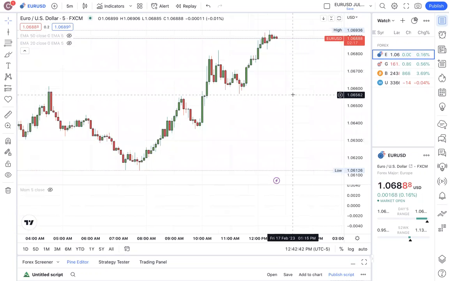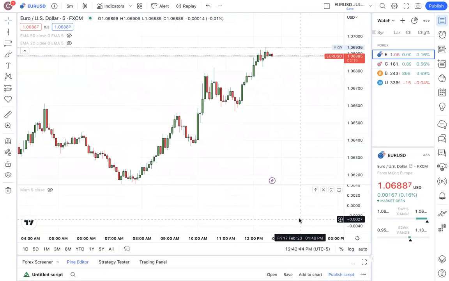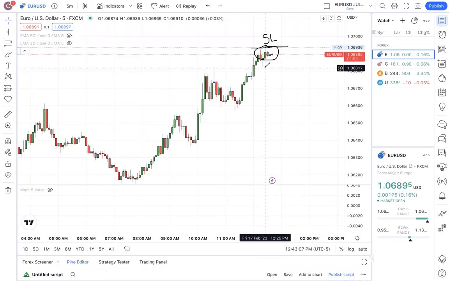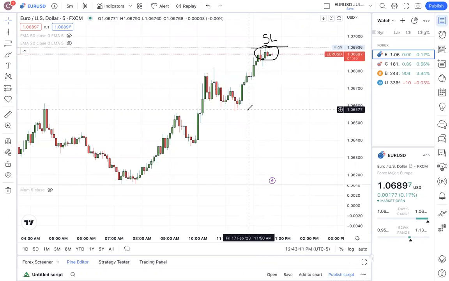So I'll give one more example. And this is actually happening in real time here. We can see that we have some liquidity that was happening here. We can see that the market looks like it is about to turn around and go for a sell. And what we would want to do is set our stop loss a little bit above the last previous high. And we would want to set our take profit where you see other liquidity is,